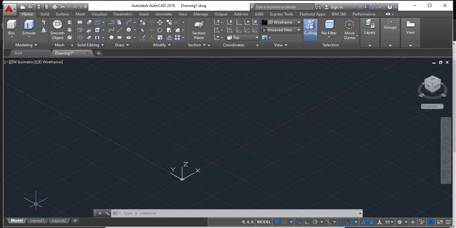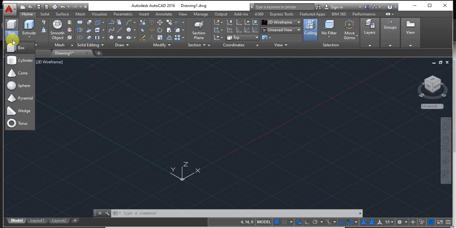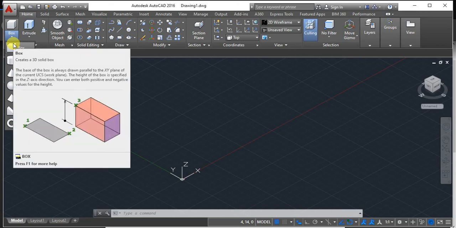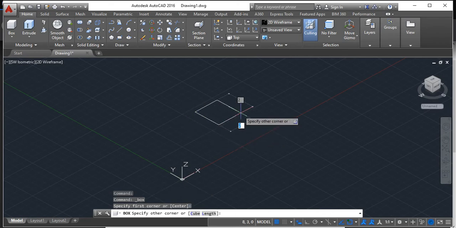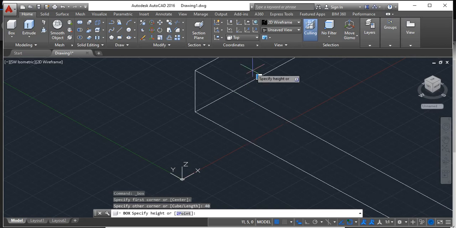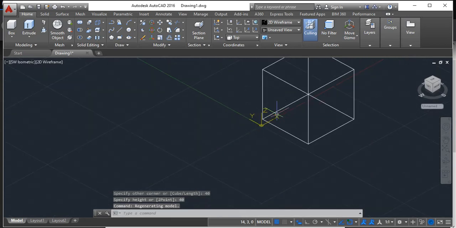Okay, now first we will construct a cube, then we will rotate the cube, then we'll start projecting it. In order to construct a cube, there is an option called box. The cube will have how many sides, faces, corners, vertical faces and horizontal faces, that part I'll explain to you. Click on box first. First we'll construct a cube which is 40, then give a depth of 40, then the height is also 40. Automatically it will generate a cube.